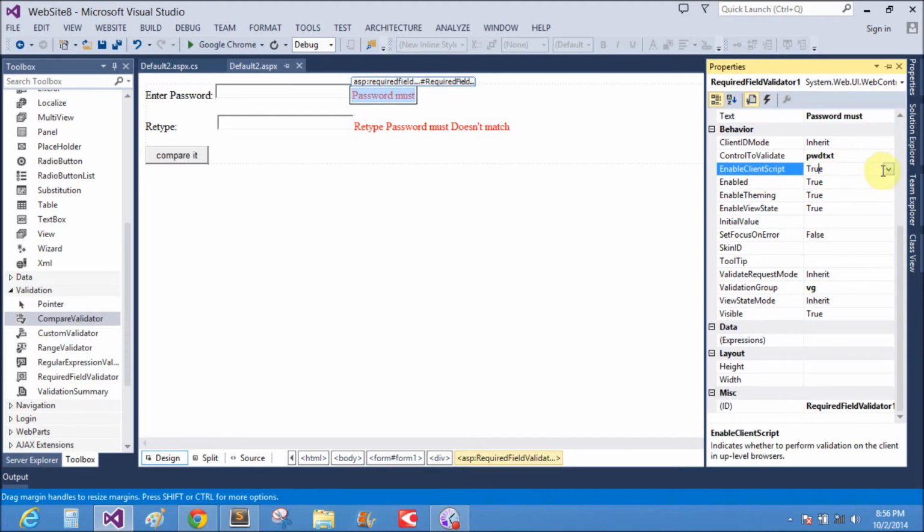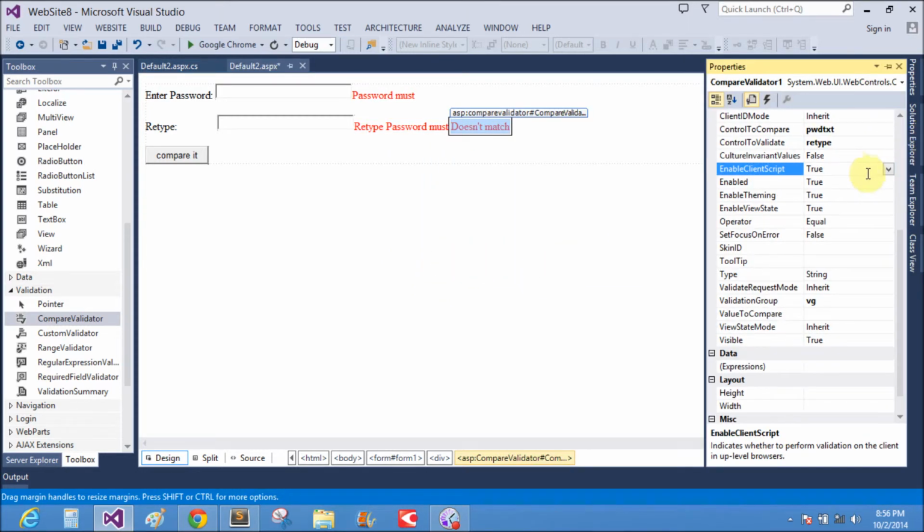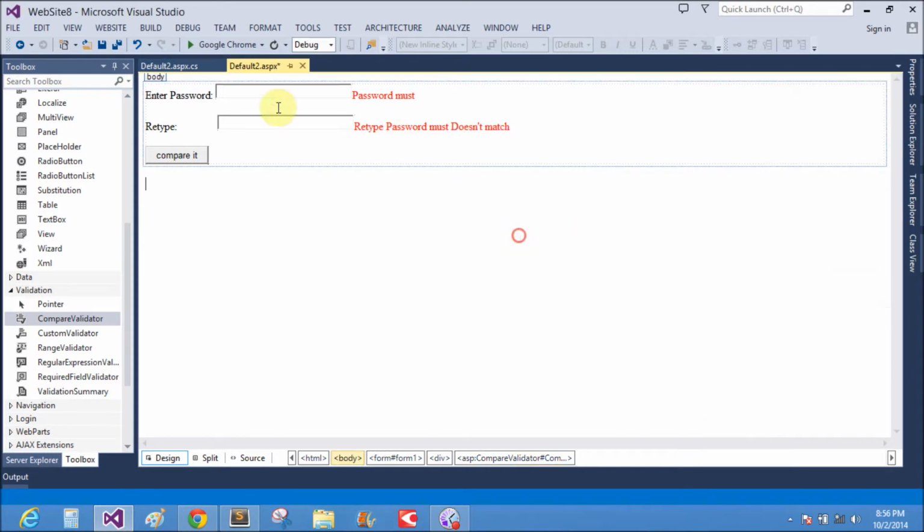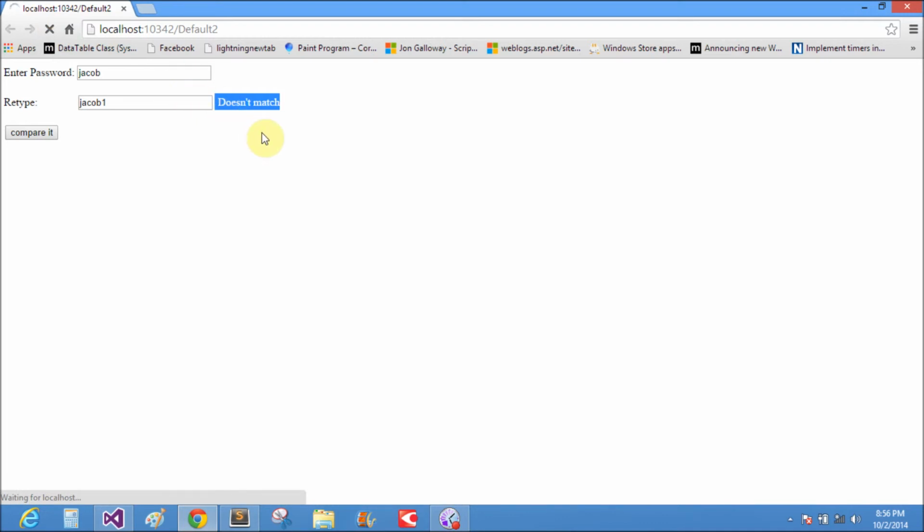Enable client side script is true. Set it to false in the properties. Okay, save it and refresh it again. When we enter Jacob, it does not work.